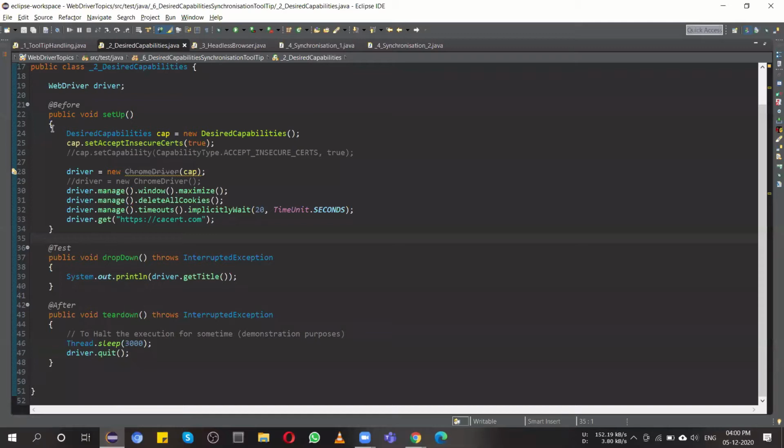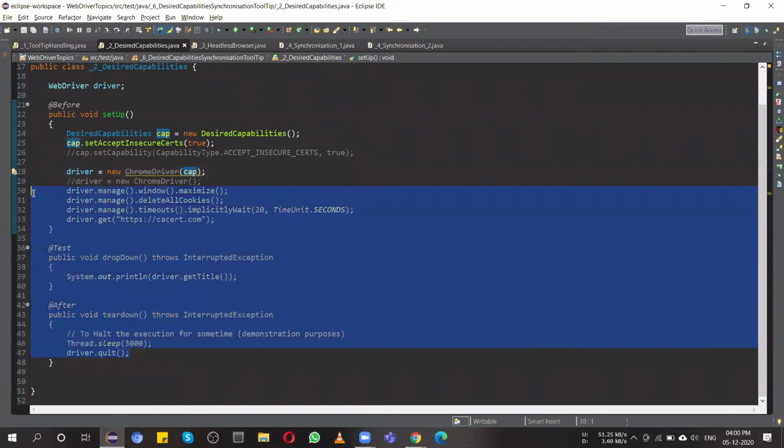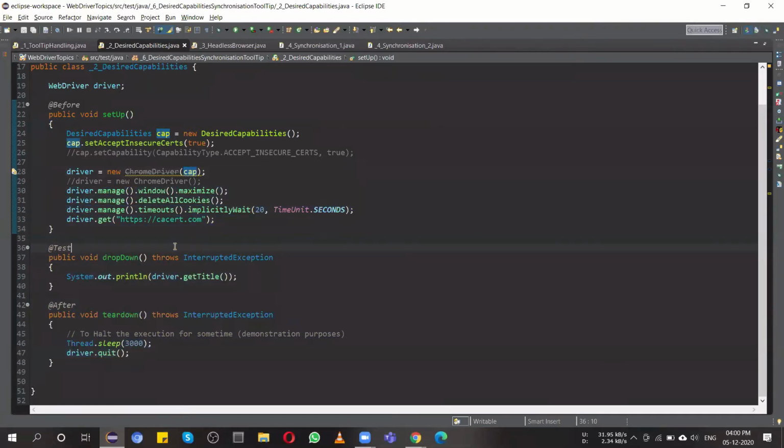You have to create the reference variable of the DesiredCapabilities class, then remember this line, this method with the argument true, and then give the reference variable to the constructor of the browser driver, and then the rest is regular. Any questions on this?